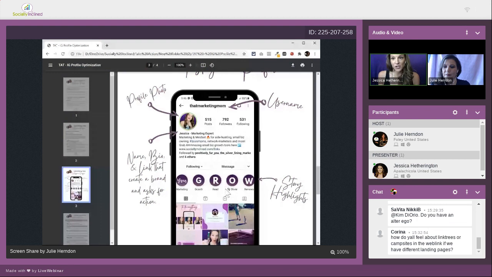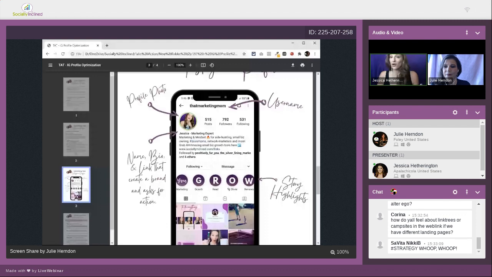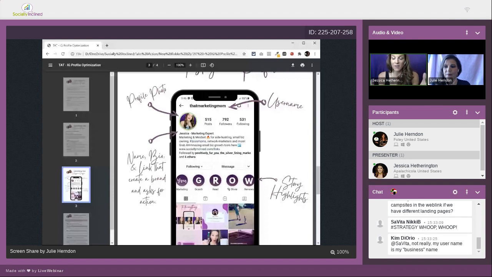But my hashtags speak to, I bet you'll never guess, side hustlers, small business owners, boss moms, and network marketers. So that's what my hashtags try to attract. Every time I throw a post out there, I put 20 to 30 hashtags in there that are geared toward capturing that audience. So those people, ideally, if they come in from hashtags, they're already kind of primed. And they're like, oh my gosh, this girl's reading my mind. I need to follow her. Exactly. Or I want to check out her links.